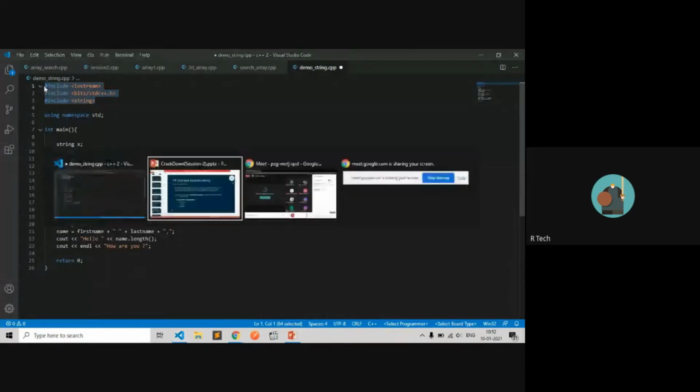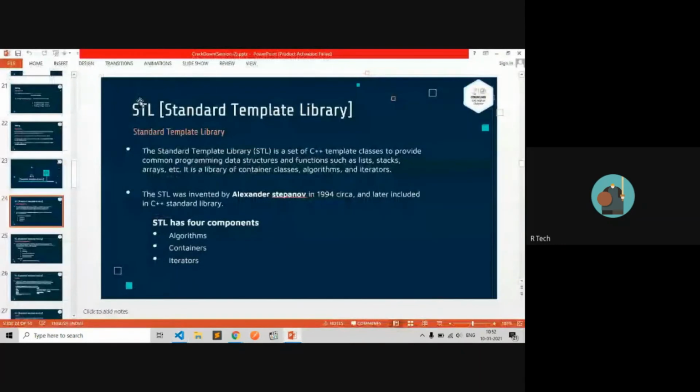In the same way, the Standard Template Library provides not only functions but also things like algorithms, containers, and iterators. These are major concepts that will help you build programs with less coding.